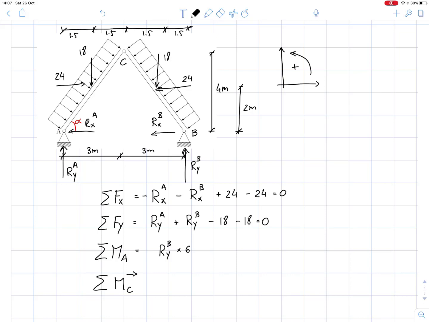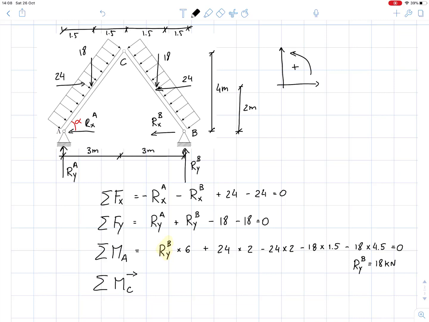So let's start with the horizontal forces. I have a force of 24 to the left that causes a positive moment at a distance of 2 meters. And then I have another force of 24 which goes the opposite way. So basically they'll cancel each other. Regarding the vertical forces, I have two vertical forces, both of 18, and both cause a negative moment. One of them is at a distance of 1.5, the other one is at a distance of 4.5. This equation has only one unknown, so it's relatively easy to solve, and the solution is Ryb equal to 18